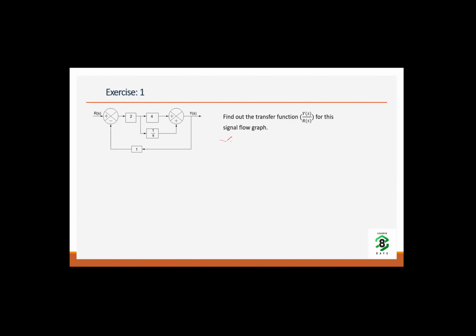Okay, so the forward path is often expressed as a system with G(s), which is the transfer function, and then you have an error amplifier or controller where the input is R(s), and you have a feedback component which is H(s). So if you have this block diagram, then you know the transfer function Y(s) by R(s) is written as G(s) by 1 plus G(s) into H(s).